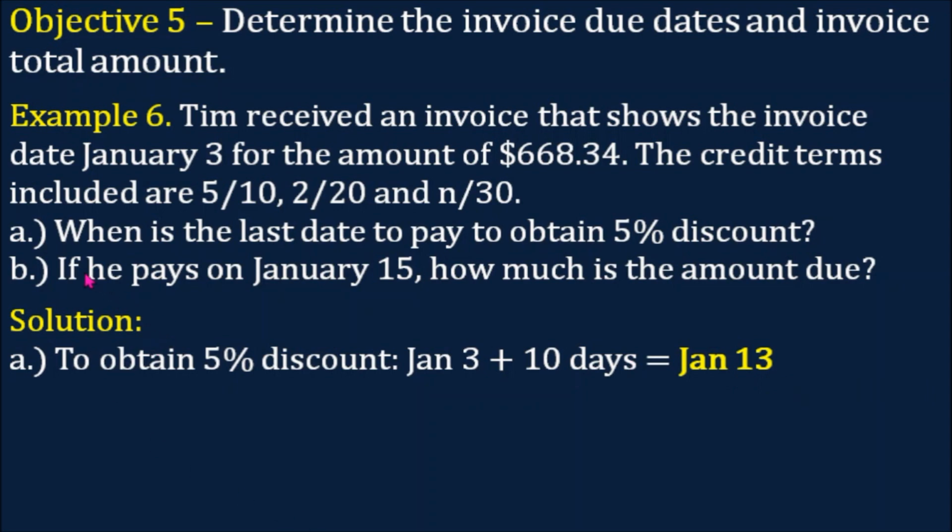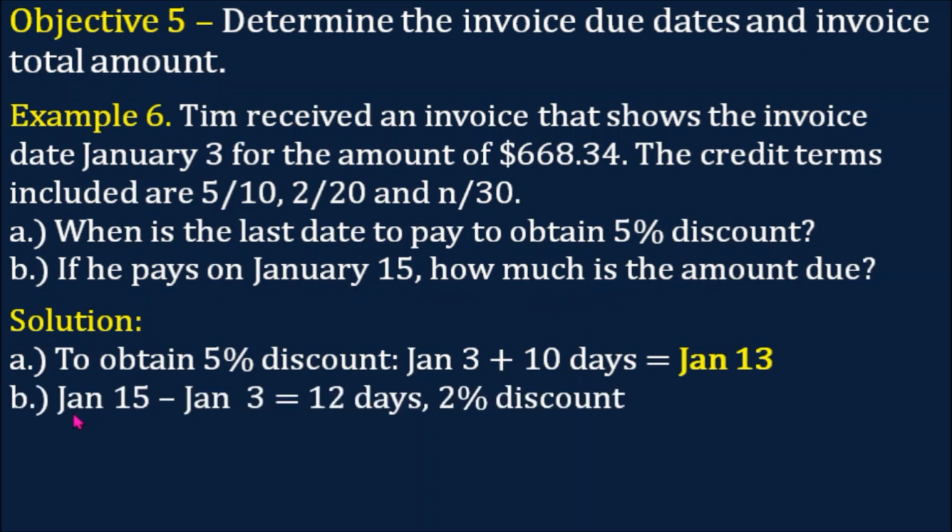And then if he pays on January 15, how much is the amount due? Okay, so if we count the number of days, January 15 minus January 3, that's 12 days. He is not entitled to 5% discount, but he is entitled to 2% discount. The 2% discount can be computed as